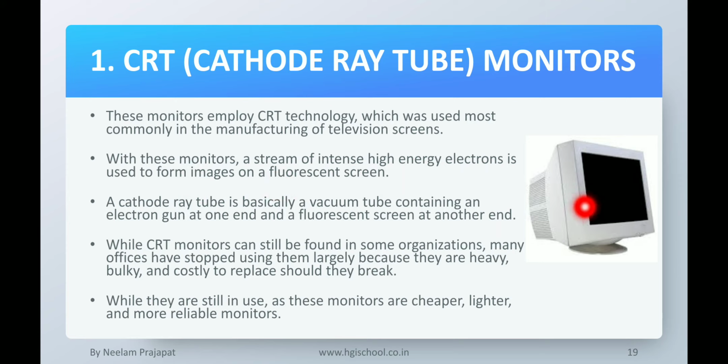Okay, means behind this screen there is an emission of high energy electrons which strike on the screen and form an image on a fluorescent screen. So cathode ray tube is basically a vacuum tube containing an electron gun. Okay, so the electron gun will emit high energy electrons at one end and then the fluorescent screen is at